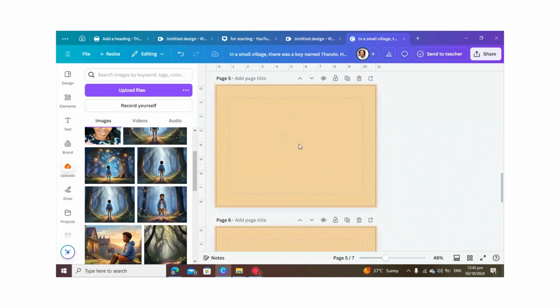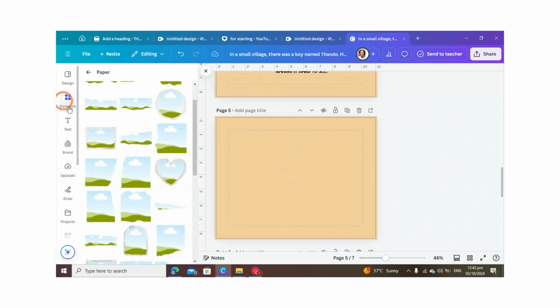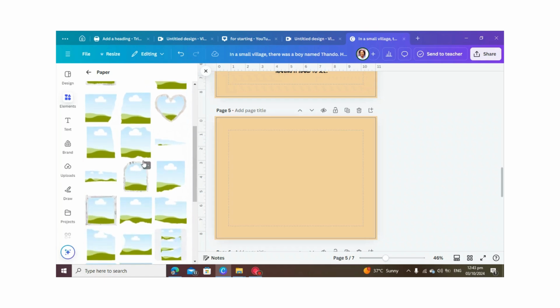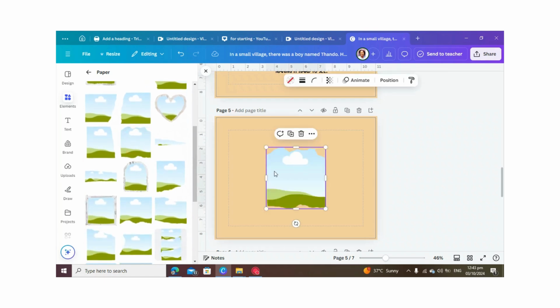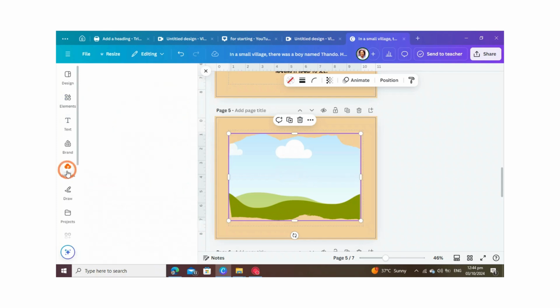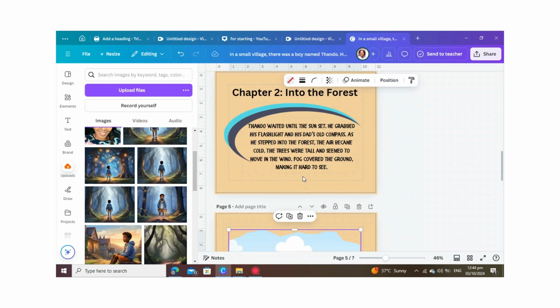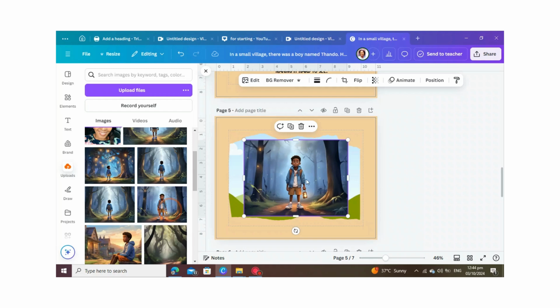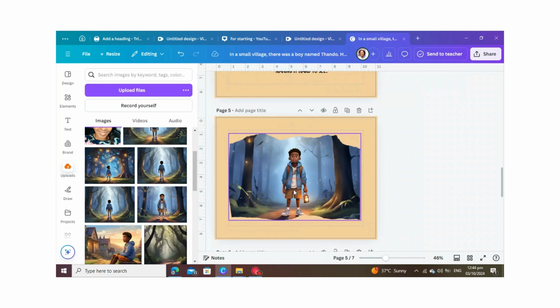So we're gonna need to go to elements, and then we need the paper again. So we're gonna just choose any paper that we love. I'm gonna choose this one, and then I'm gonna edit here. I can even expand the paper. So we're gonna go to upload. This chapter is talking about Tando, he grabbed his flashlight. So I'm gonna just go with this image of Tando with the flashlight. So this is a suitable